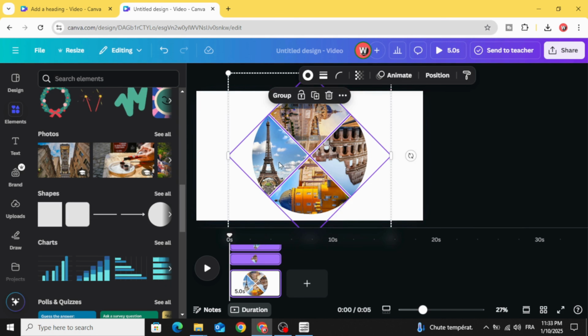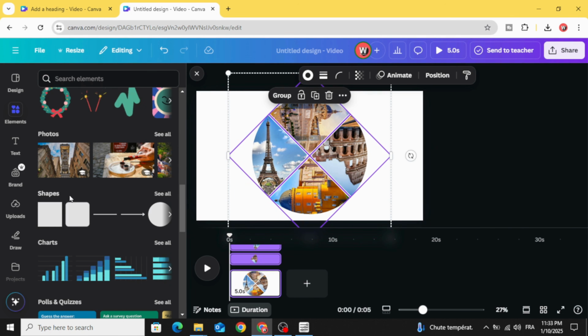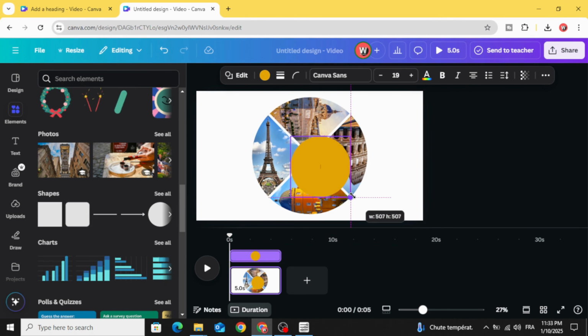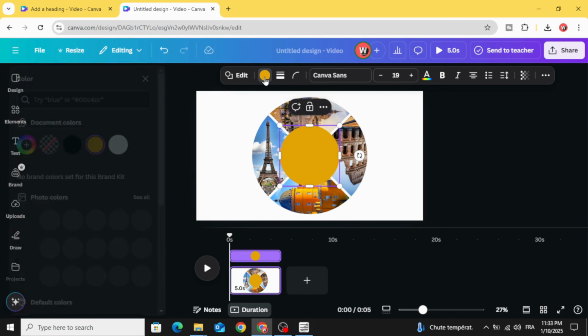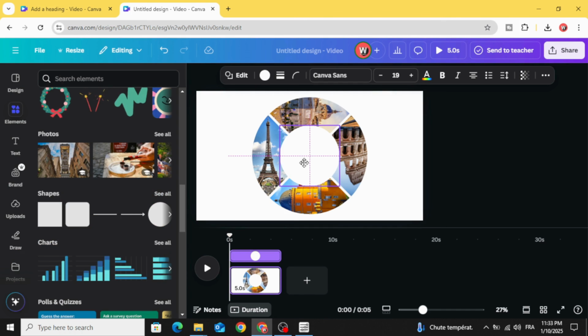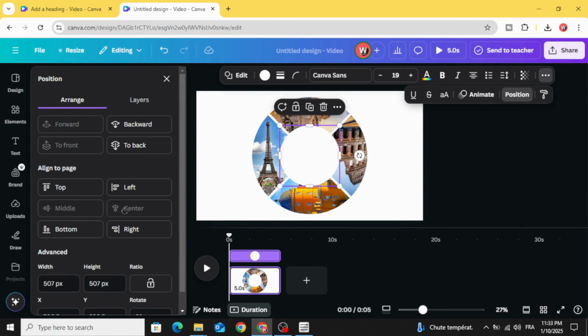Select all and place the circle exactly in the middle of the page. Go to shapes and choose circle. Increase the size and change the color to white and place it in the middle as well. You can go to position and choose center and the middle